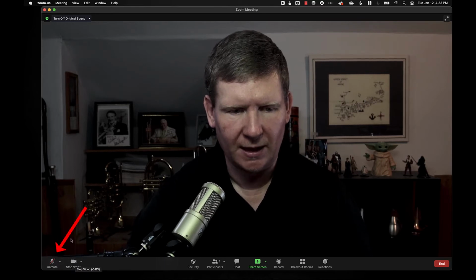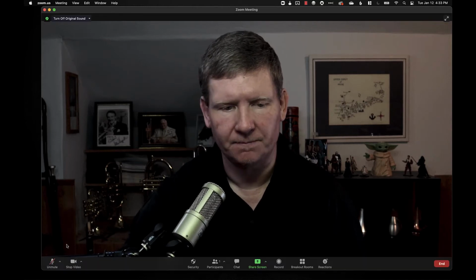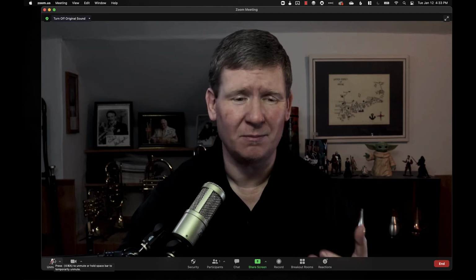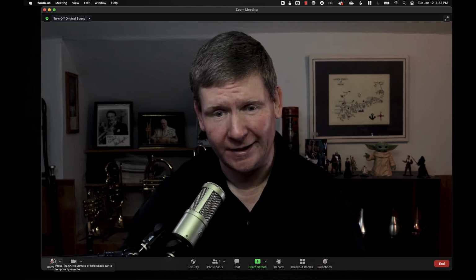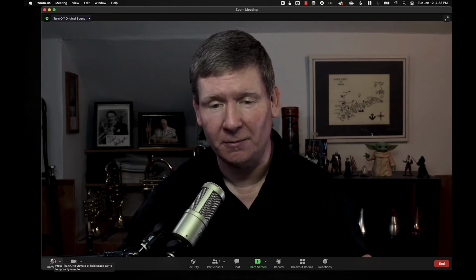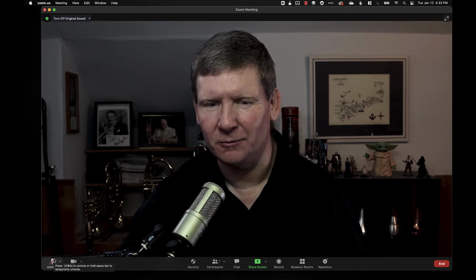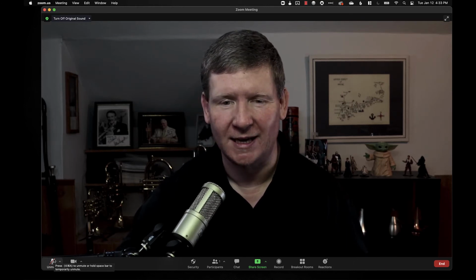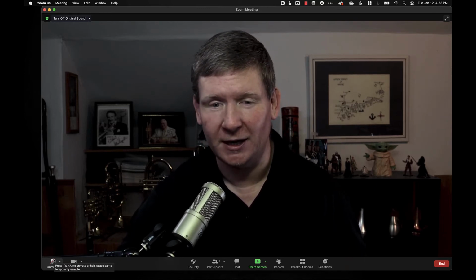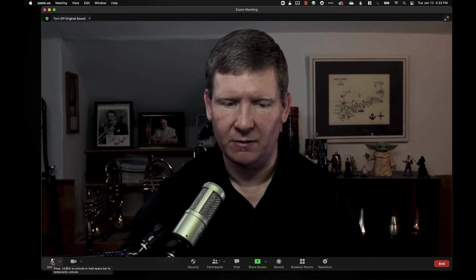We're going to come down to these bottom two icons that you see, the unmute/mute button and the stop video button. If you want to mute your microphone, really good protocol: if you're not talking, mute it. It's very easy to forget to turn it on and you just start talking and you get a bunch of people saying, hey, can you turn your mic on? If you're watching some people that aren't used to being in Zoom meetings or any web-based conferencing, you see it all the time. So you are not the only one that will probably do it, and you probably won't be the last one. But to toggle that, you can just click the mic on and off,